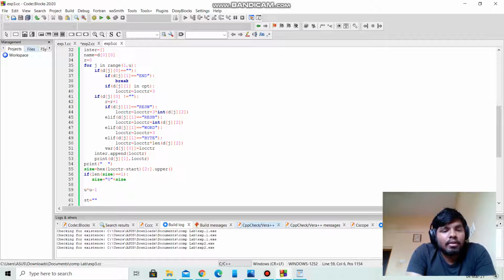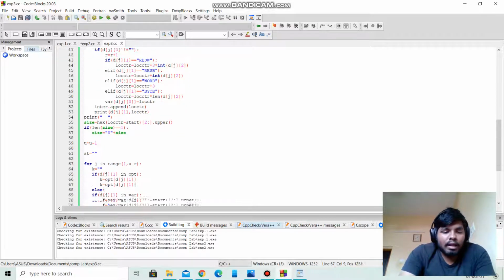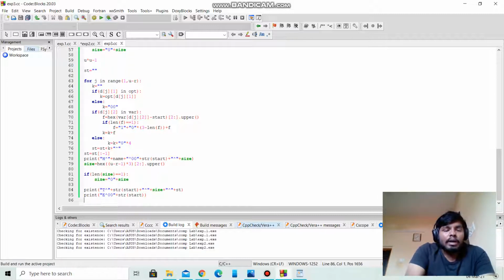If d[j][1] equals RESW, loc equals loc plus 3 times int of d[j][2]. What we have discussed in the algorithm, we have to apply in this; like that we have to write the code, and then build and run the program.